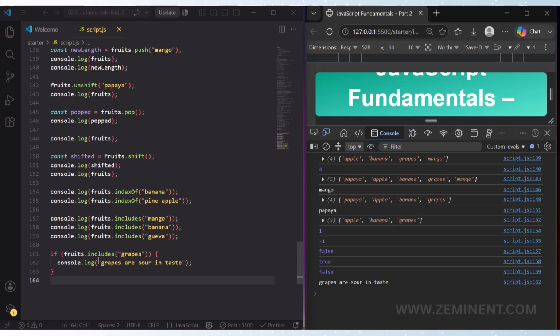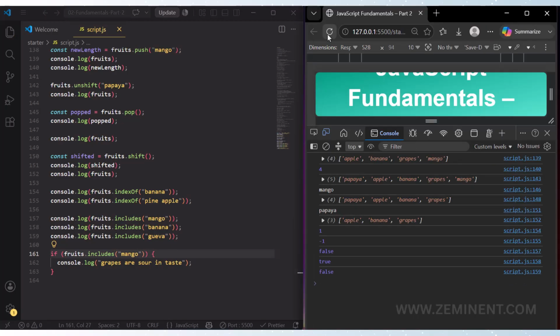If it is true, it displays the grapes are sour in taste. Here see that it displayed the grapes are sour in taste. And now I am giving another one. I am giving mango, and then reload here. See, it didn't display anything here because mango is not available in this array.